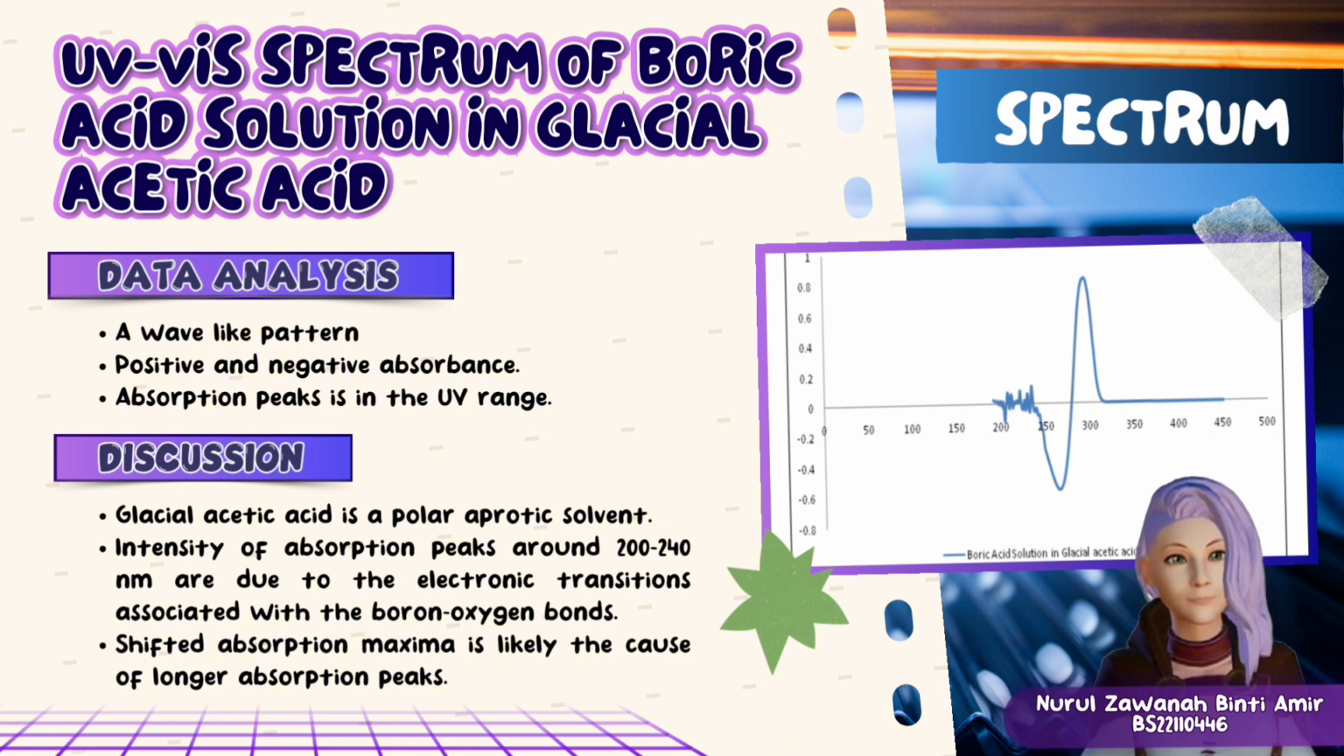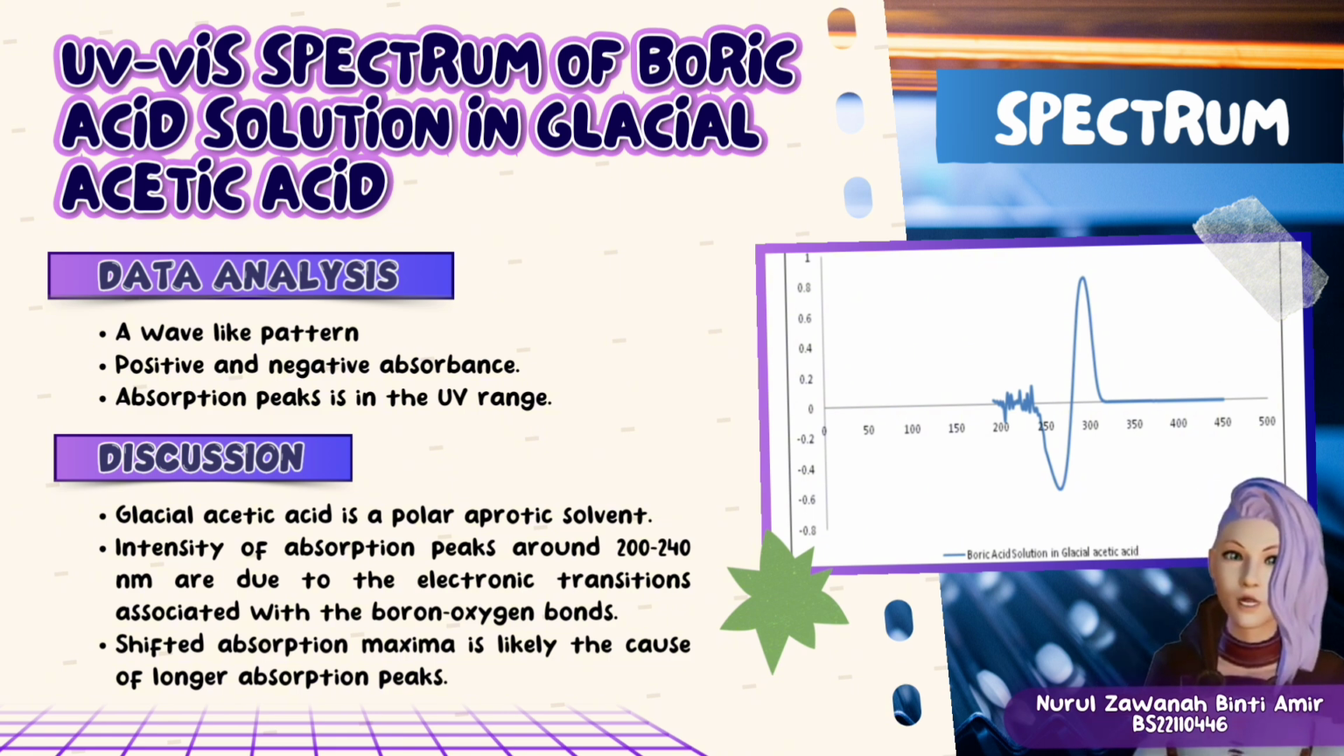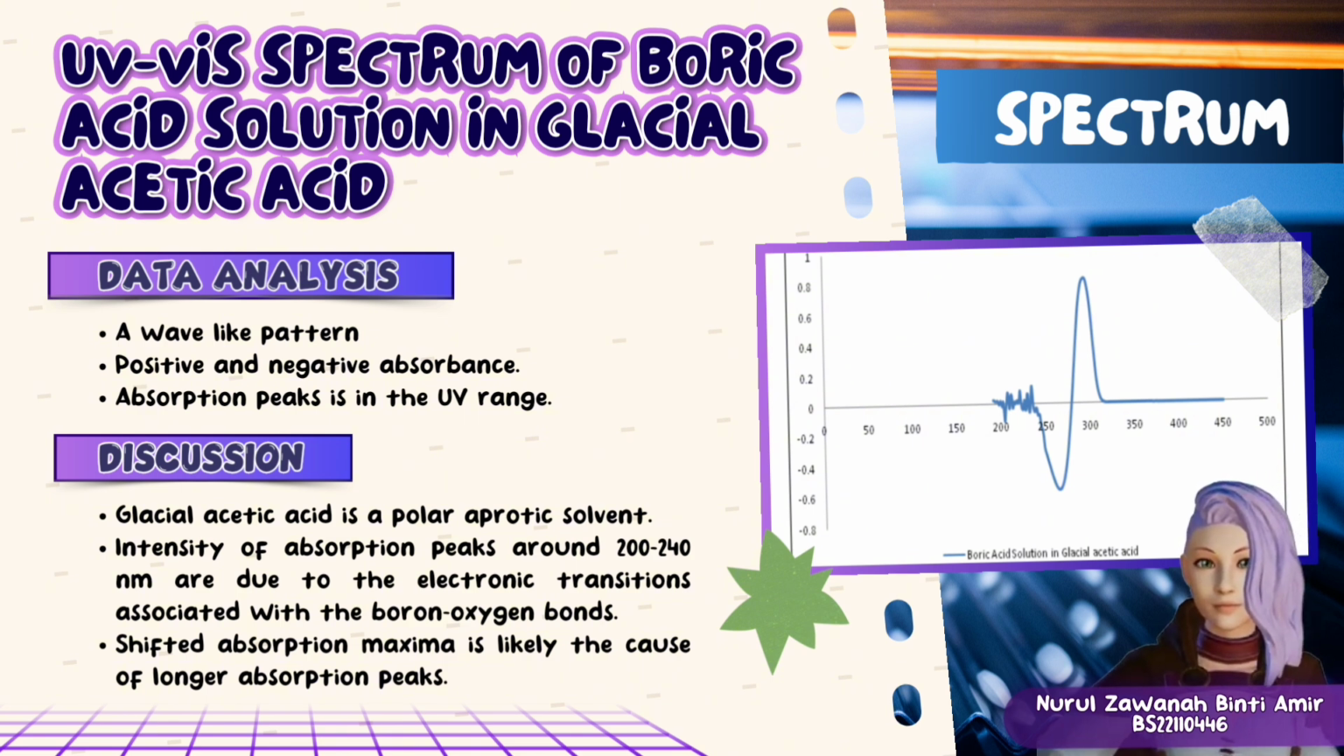Glacial acetic acid is a polar aprotic solvent. It does not participate in hydrogen bonding the same way water does. Because of this, it affects the ionization of boric acid and potentially leads to a different absorption behavior in the UV-vis region. The absorption band around 200 to 240 nanometers is due to the electronic transitions associated with the boron-oxygen